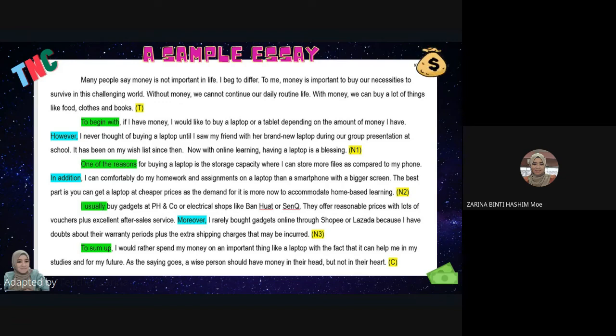So we have T for topic, N for note, and C for conclusion. So remember part 2, remember T and C. Part 1, what was in part 1? What technique is in part 1? Who can remember? What did I mention just now for part 1? What is the technique to answer? Yes, very good, Vered. Okay, gimmies.